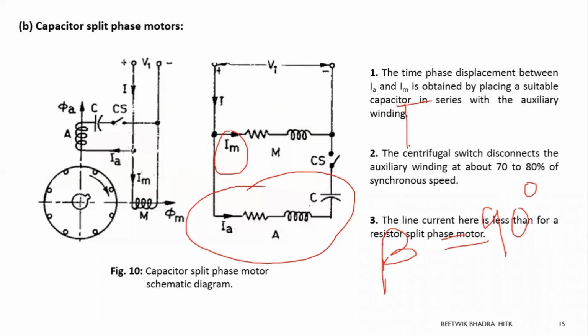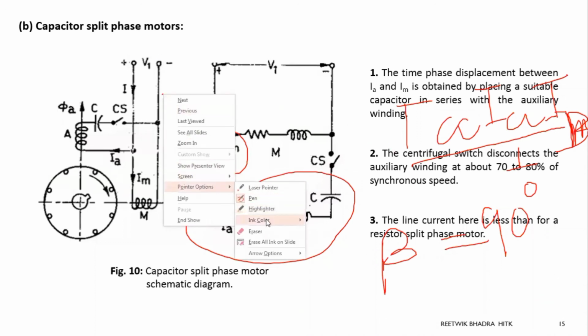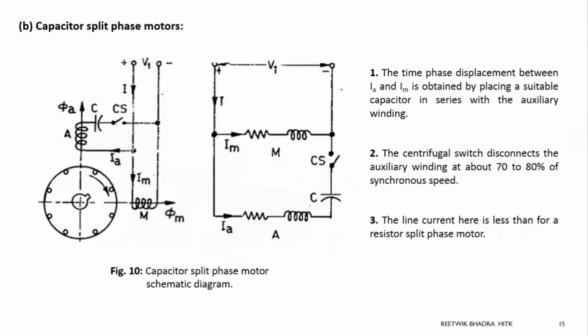so that torque, directly proportional to IA IM sine beta, has sine beta equal to 1. So the torque becomes directly proportional to IA IM only, and IA IM becomes maximum. Okay, so the same procedure will follow. Since we are studying split phase, we need 2 phases, that means 2 windings. But since we are trying to make the starting torque maximum, we will use a capacitor in series with this auxiliary winding.